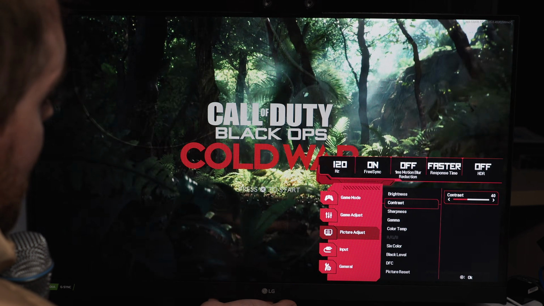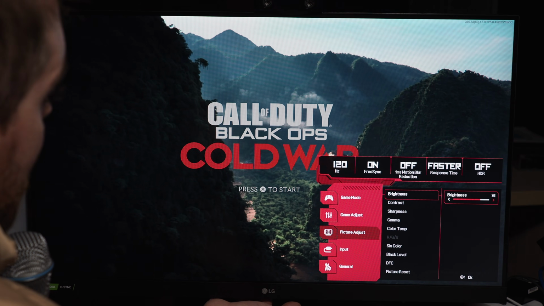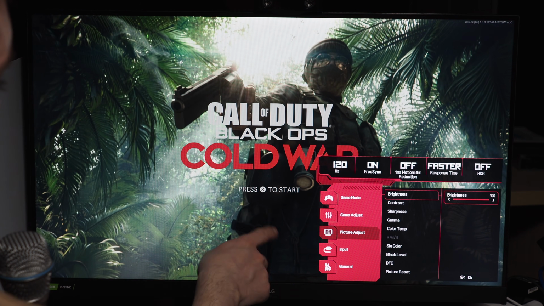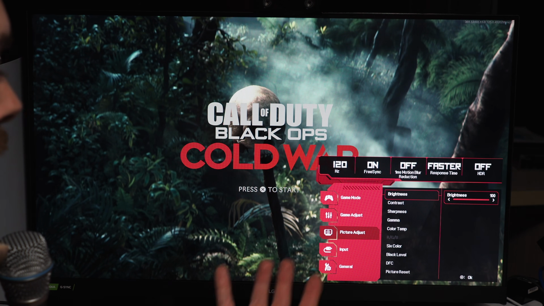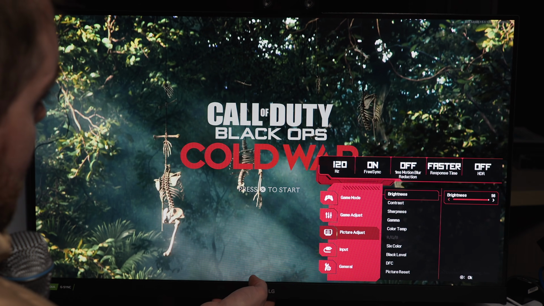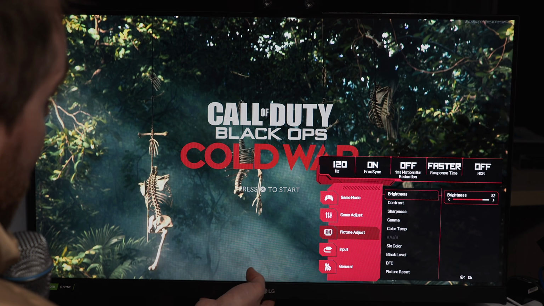You could take the contrast down, then go up to brightness and just kind of take brightness all the way up. And again, you're going to see our shadows are a little bit brighter because the contrast we've turned down. Again, if you're trying to see those rose skins in the dark in Warzone or something like that, that can